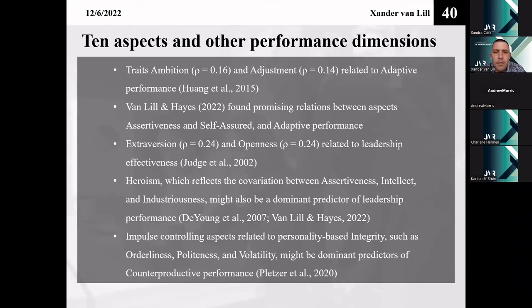I've previously mentioned that, so we were able to also replicate that finding based on the work personality index. We found that aspects, assertiveness and self-assured, were also strong predictive variables of something like adaptive performance. Interestingly, previous work, meta-analytical studies that have been conducted by Judge, here we're moving from adaptive performance more to the leadership performance side, found that